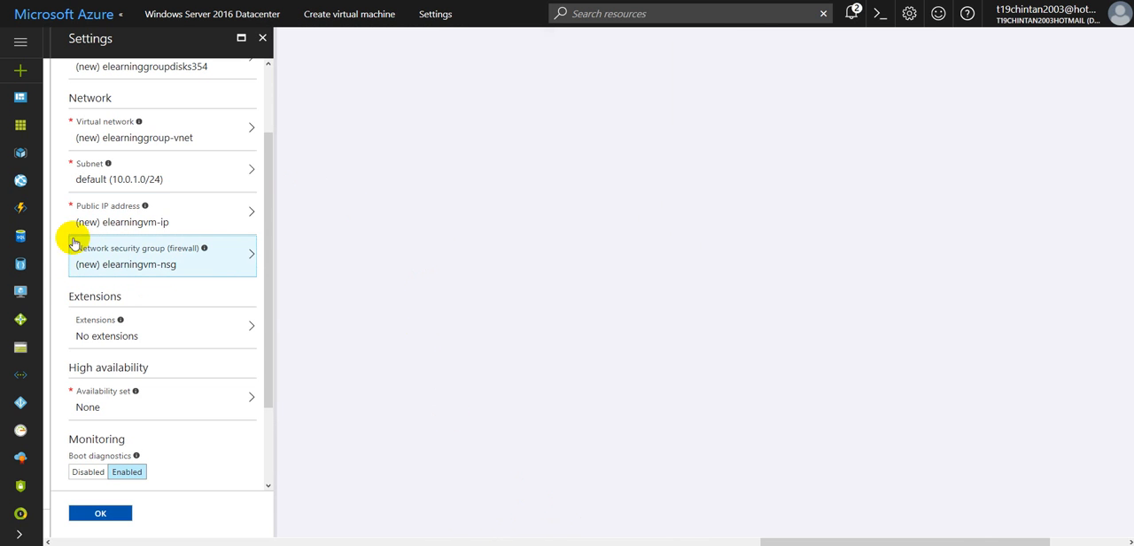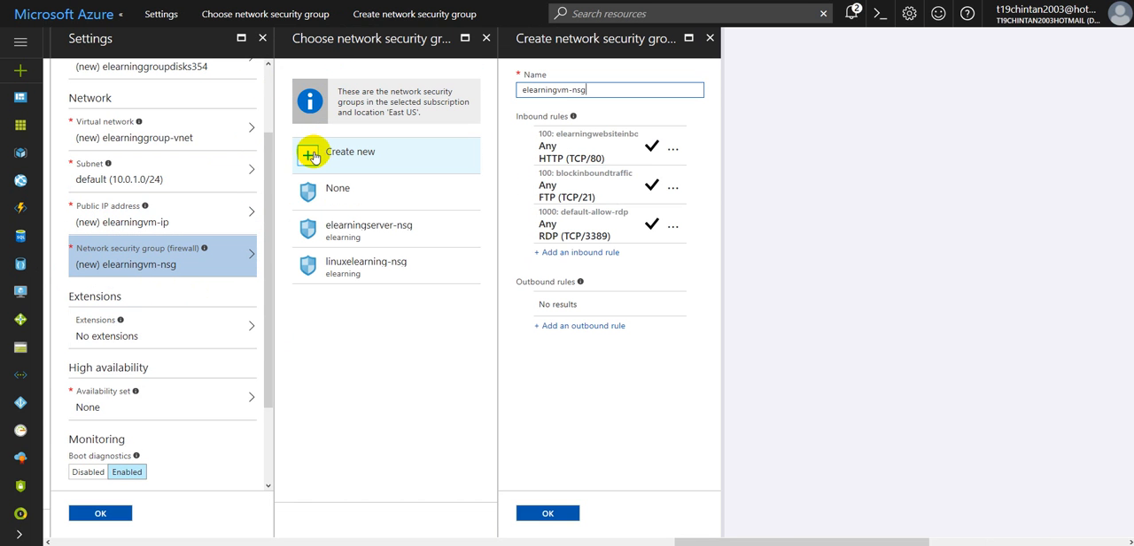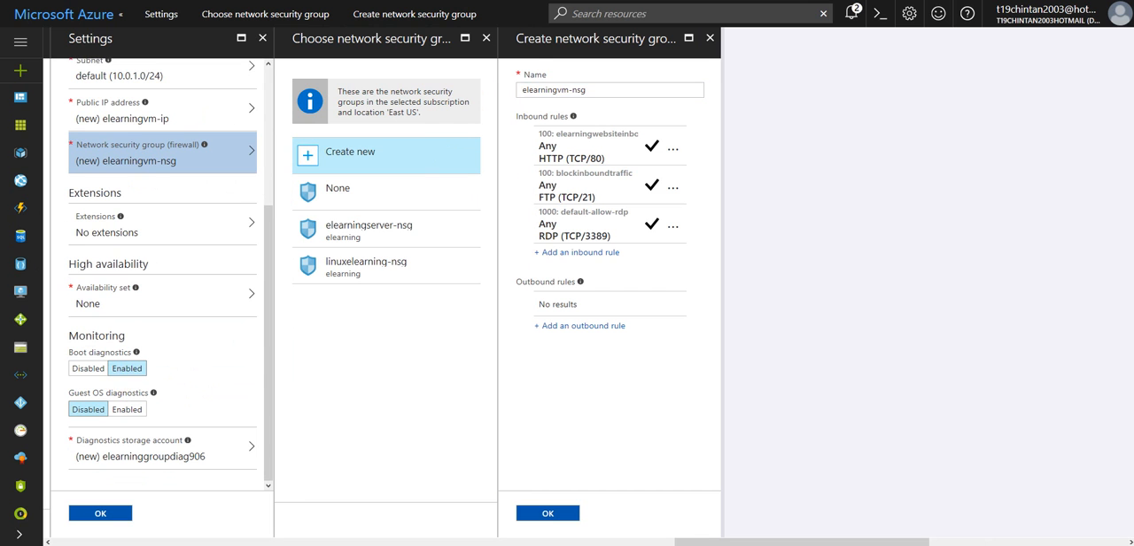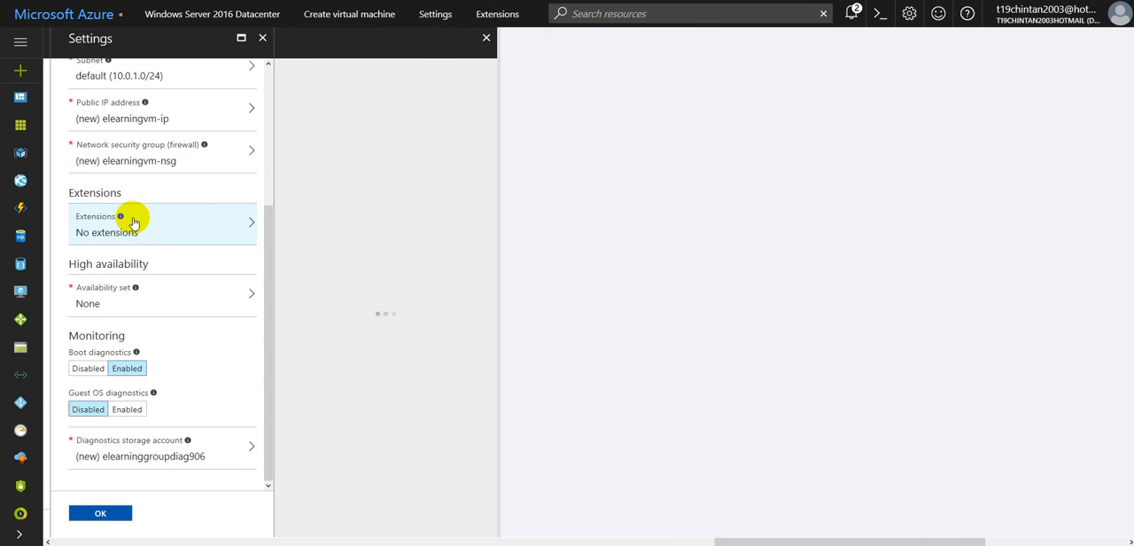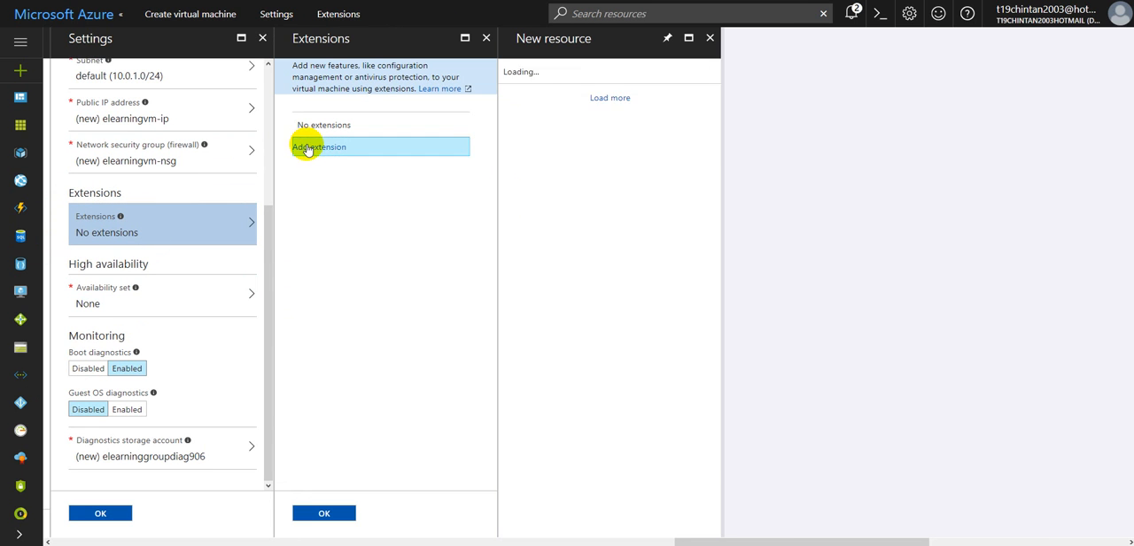You will be back. So you have updated this particular network security group. If you don't want to do it, you do have an option to create a new group and just attach it to this particular network security group. You do have an option to add any extensions directly to this particular VM. So click on add extension,